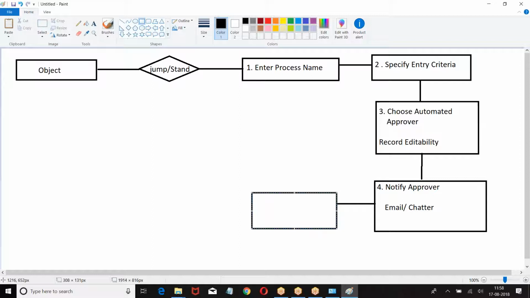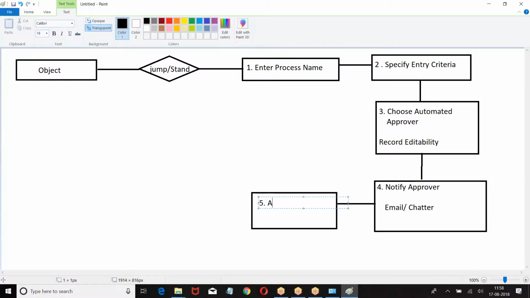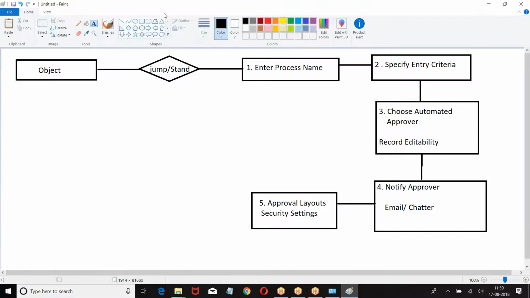What is step number 5? Right. Let us take the next one. Approval page layout. Security settings: how can I approve?